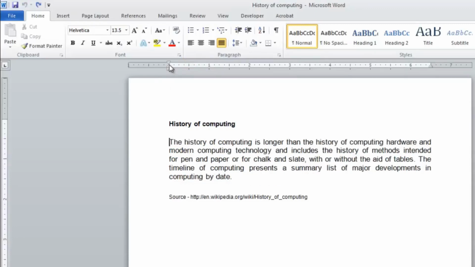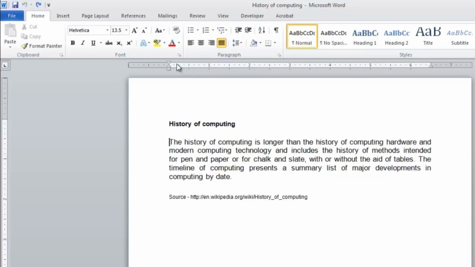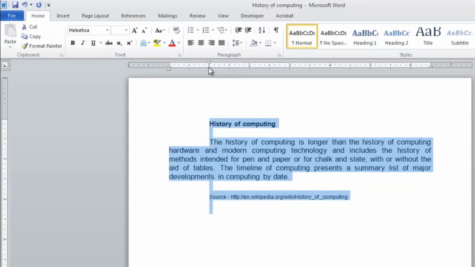make an indent manually. Click the first line indent marker and drag it along the ruler. As you go, an indent will appear in whatever paragraph your cursor is in. To apply this type of indent to the whole file, press Ctrl and A to select everything and move the marker again. To indent all of the text in a paragraph, you will need to use the hanging indent marker,